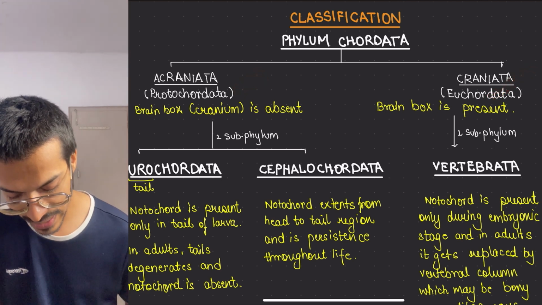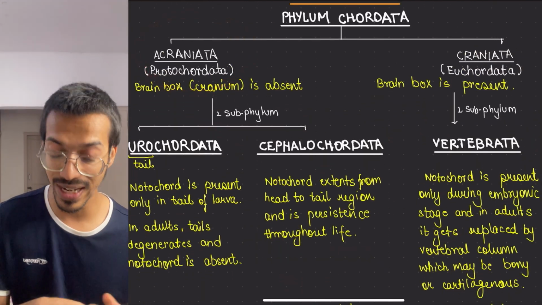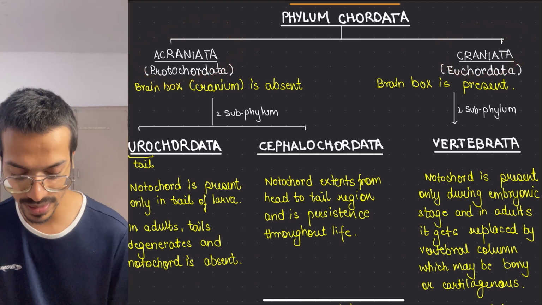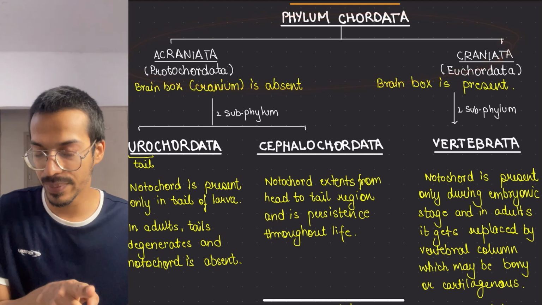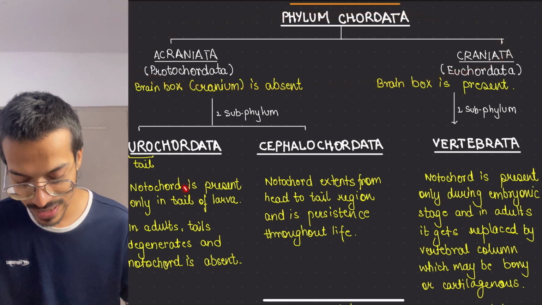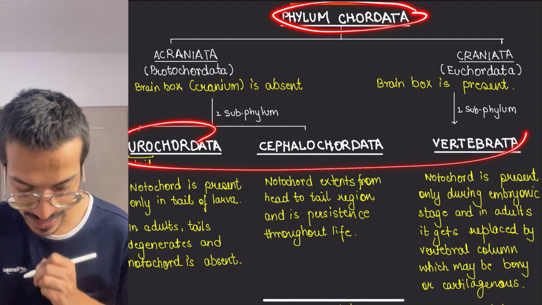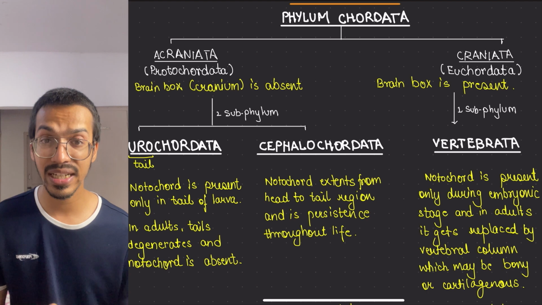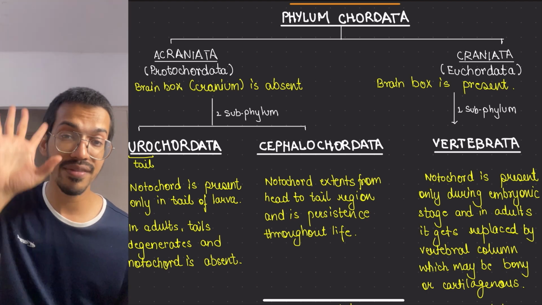Now the next thing is that Acraniata is divided into two subphyla. This is nothing special, this is just the way of dividing. So don't take it as if it is something else. This is the way of dividing it on the basis of features. So the subphylum is this, and then this is the level. This is the pointer to remember. That's why I'm writing it with capitals. The capital thing coming means this is dividing within the seven hierarchy.